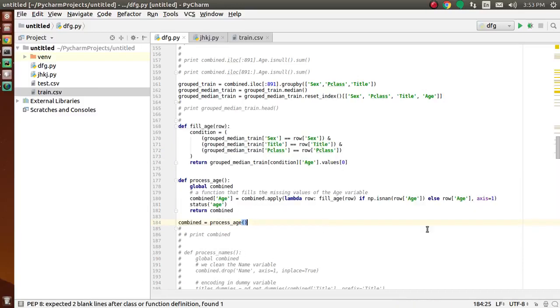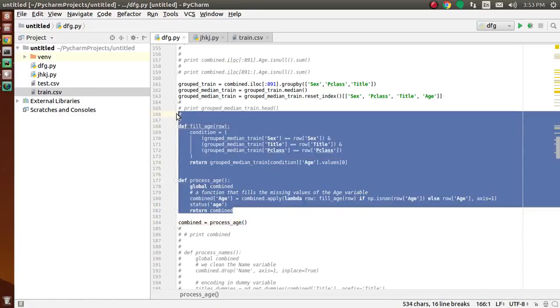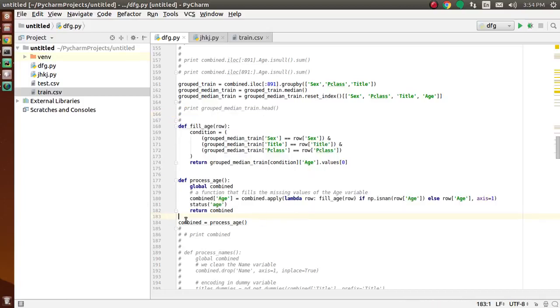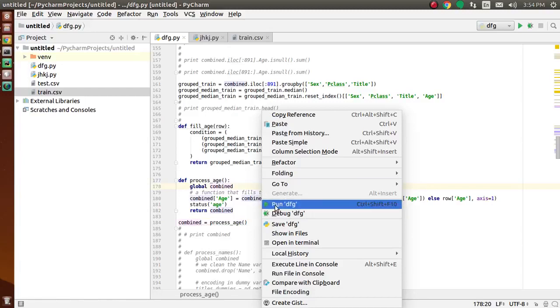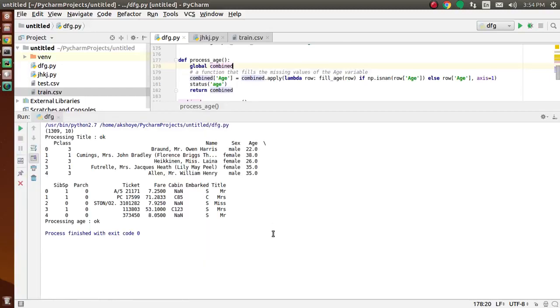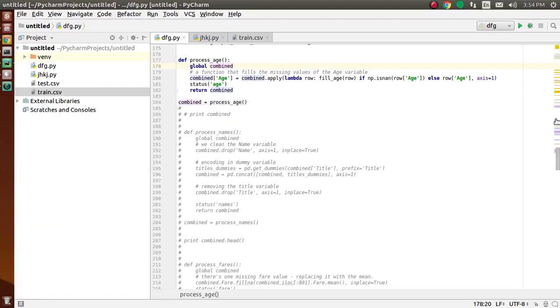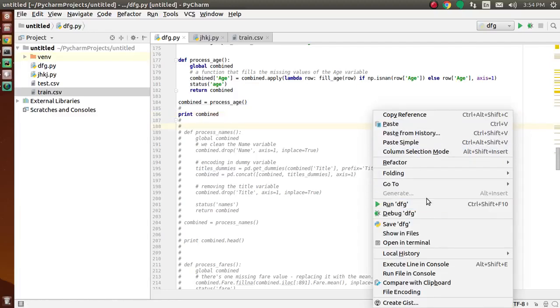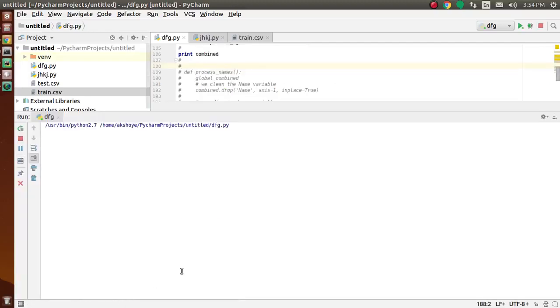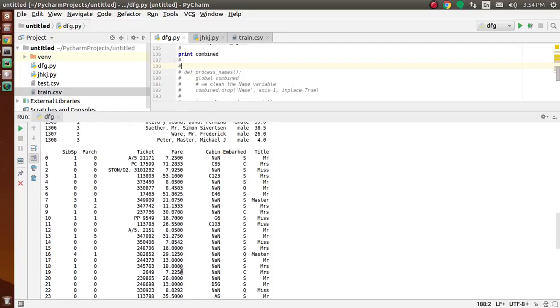Here we process the age, fill in the NaN values and calculate the median of the ages. So this is our data.